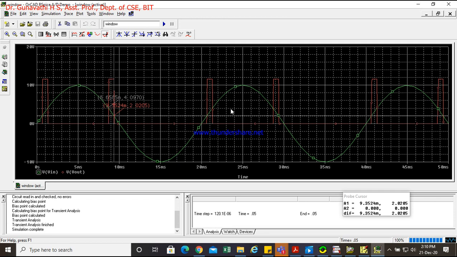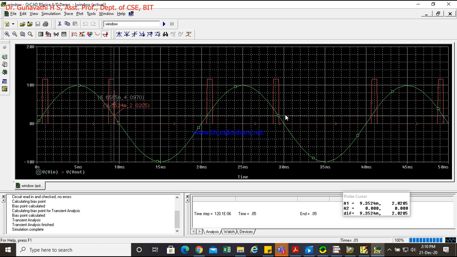Ma'am, that intersection part is there, no? That intersection part you are taking as UTP and LTP. The intersection part of the red waveform and green waveform. Okay, so UTP and LTP. So this is input, green color; the red color one is the output. So we are measuring this input and output.